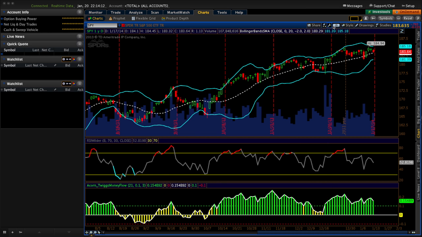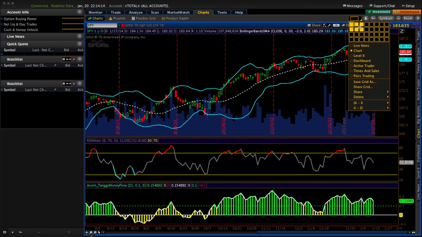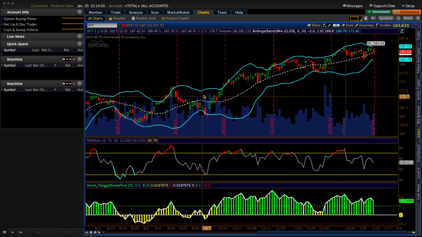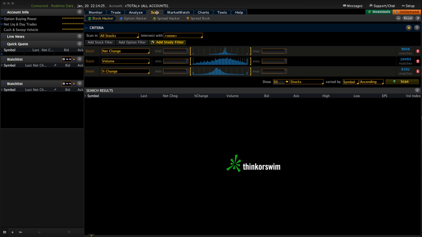Because over here, you can have an infinite amount of these saved, but then you've got to go down and load one in and all that, instead of just clicking back and forth. So that's kind of the philosophy there. Now, what we're going to do is go to scans, and real quick, I want to talk about these watch